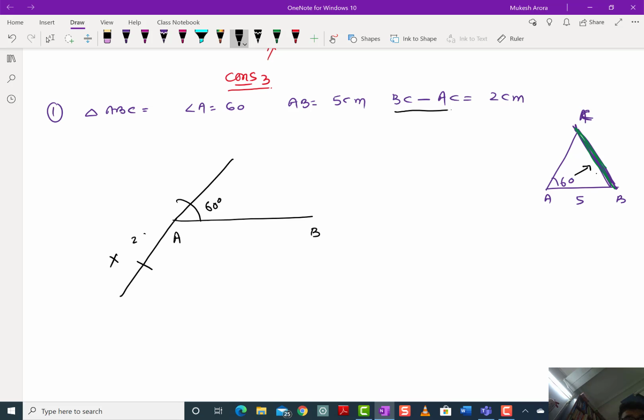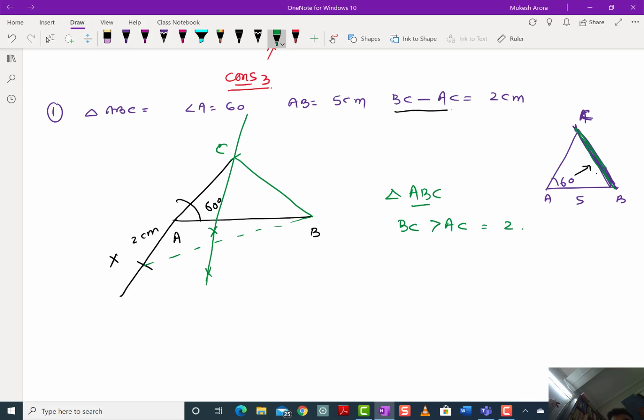This will be 2 centimeters. We will join BX. The rest of the things are the same. We'll bisect this line and this will be the point C and we will join this. So the required triangle is ABC, where BC is greater than AC by 2 centimeters, because